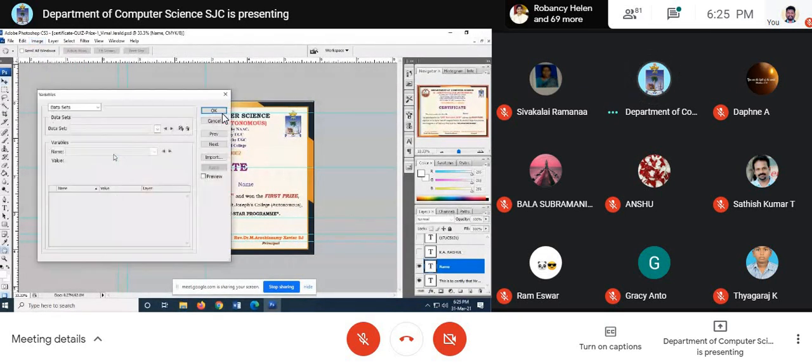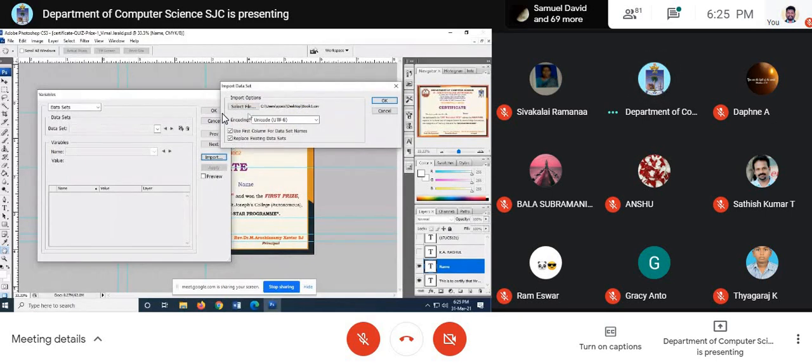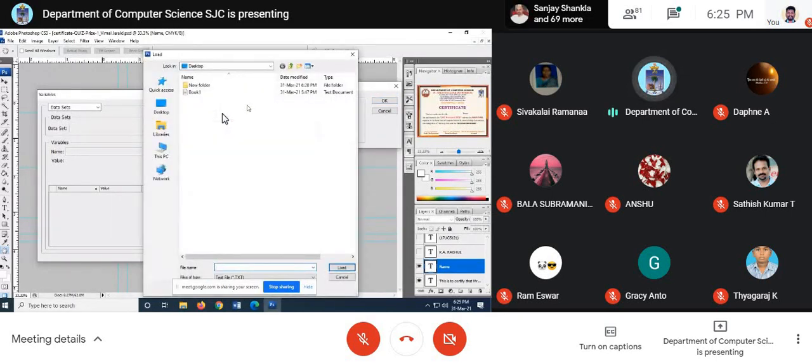I click over. Now I have to import the file that has the data, right? I click over here, select file, go to desktop, and here at the bottom, you've got text format and CSV format. Normally you can have two ways, as a text file or a CSV file. Now, what is the format that we have the data file? CSV file. Click over CSV and select the file where we have the actual data. I click data and load.